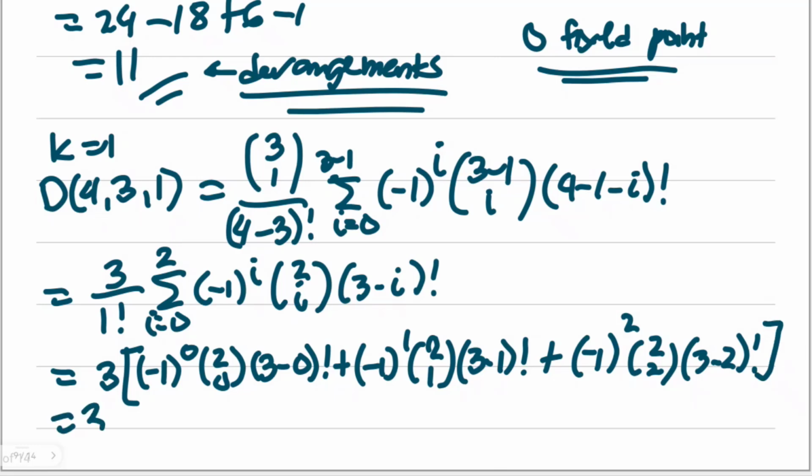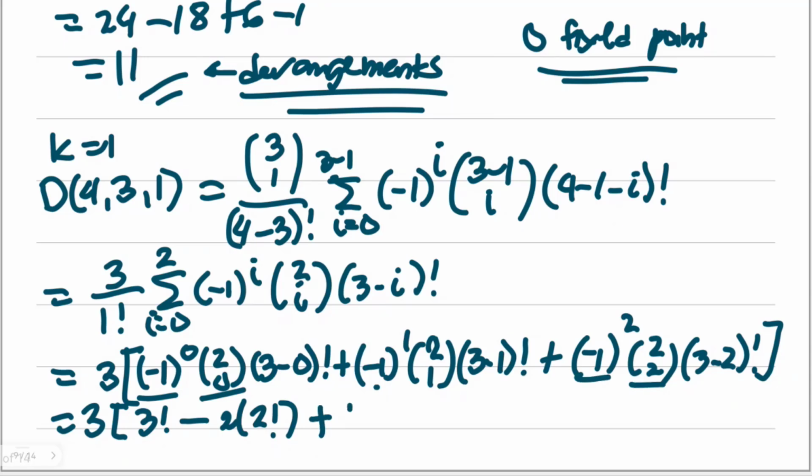But that's actually 3 times, can we do this now automatically? That's 1 times 1 times 3 factorial. Okay? So minus 1, 2 combination 1 is actually equal to 2. So 2 times 2 factorial. Okay? Because 2 combination 0 earlier in the first term is equal to 1. Then you have plus, this is positive 1, that's 1. So you have 1 factorial here, which will give us 3 times 6 minus 2 times 2 is 4 plus 1. That's 3 times